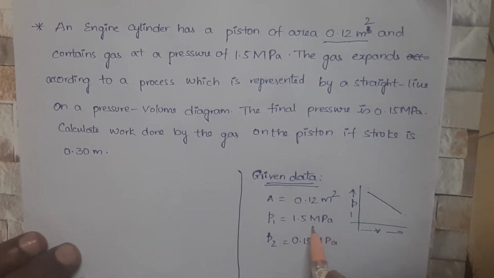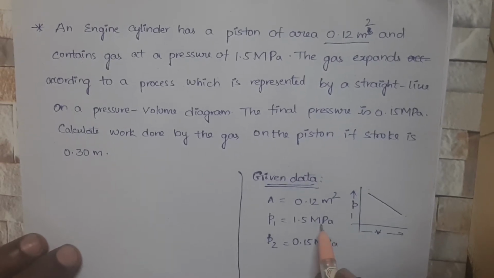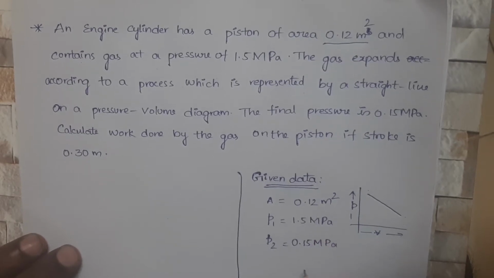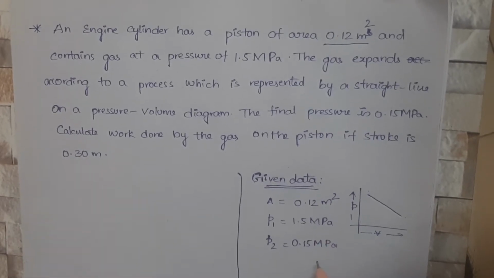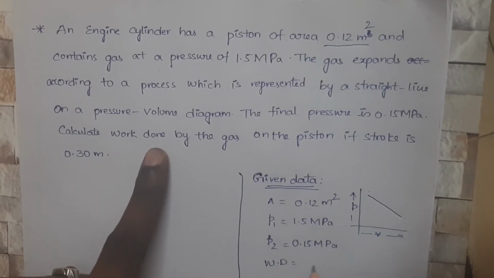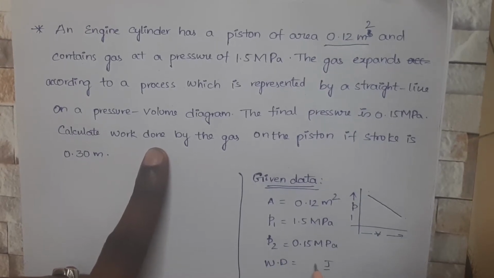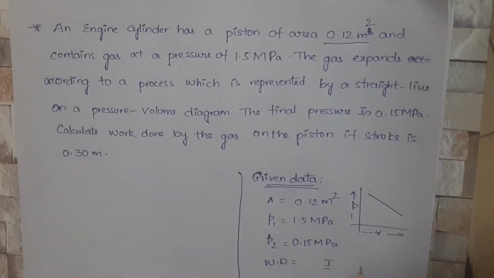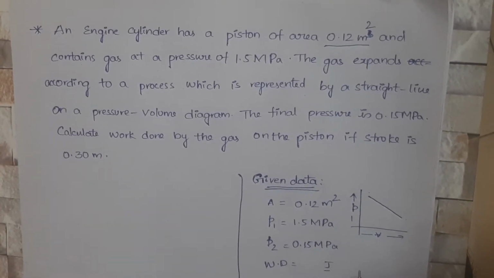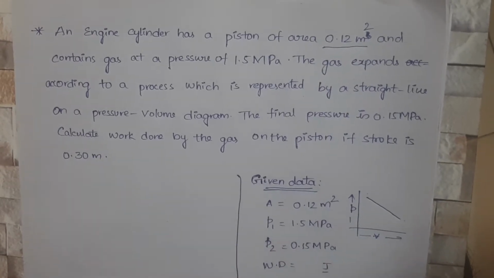Just try to remember, guys, both the things are in megapascals. Finally, if we solve the same problem without changing the units, we will get the answer in mega. Work done will be obtained in joules, so the answer will be in megajoules. Depending upon your requirement, whether you want megajoules, kilojoules or joules, you have to convert accordingly. I'm just leaving it like this.